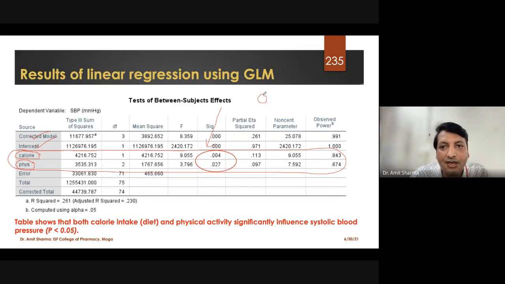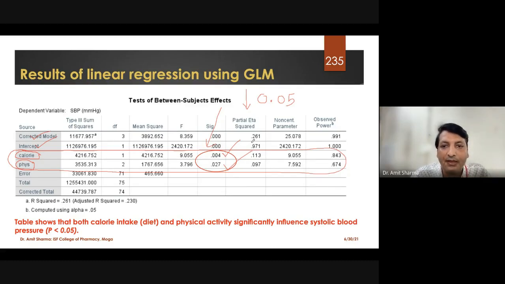The standard is less than 0.05, and you can find here one value we have found less than 0.05, and the second one is also less than 0.05. But by seeing these two p-values, you can decide that out of the two independent variables which we have run in the test, which one is affecting more